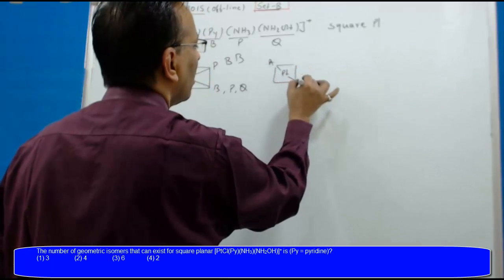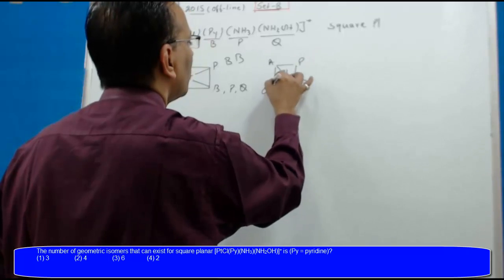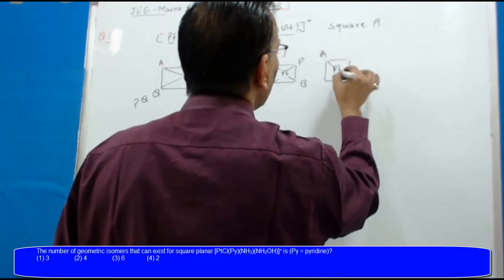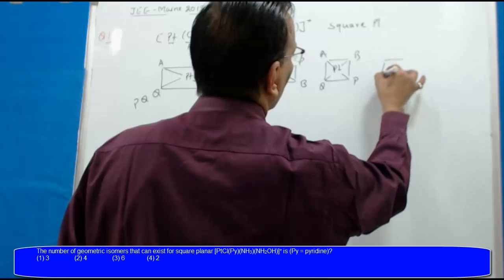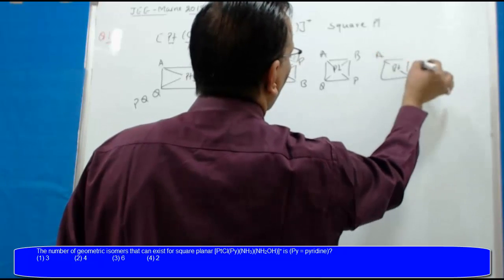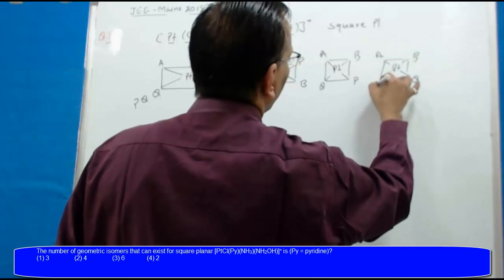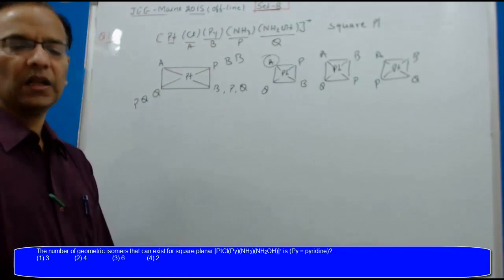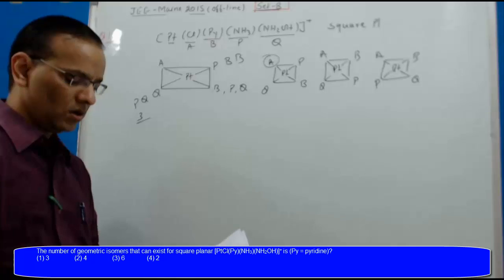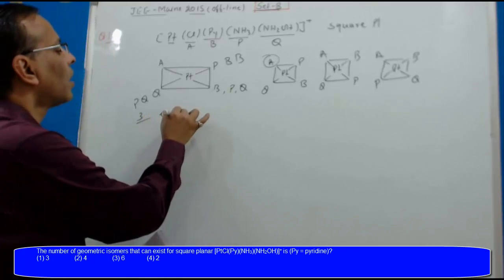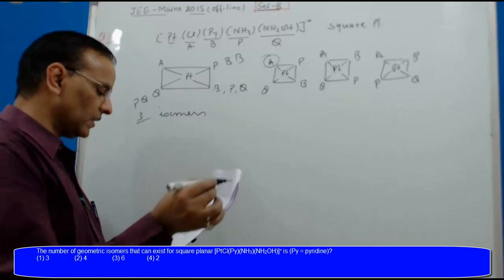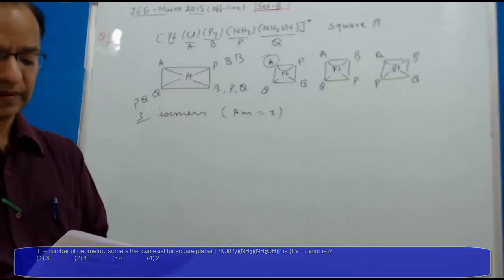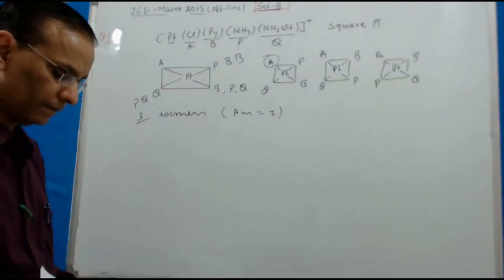ए बी पी क्यू, ए पी बी क्यू, ए क्यू बी पी। तो ए के रिस्पेक्ट में एक बार बी को, एक बार पी को, एक बार क्यू को हमने ट्रांस रख दिया, तो टोटल 3 आइसोमर्स और आंसर इसके 1 हो जाएंगे, 3 आइसोमर्स। क्वेश्चन नंबर 13।